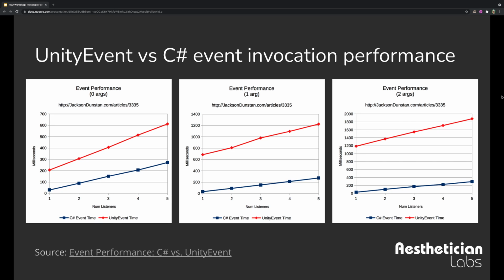But you can see it scales linearly with the number of listeners and also somewhat with the number of arguments, right? But the point here is that the Unity events do take longer to invoke, but again, this is across millions of calls. The amount of cost in one frame for a game in a real application is basically none. The difference is so negligible, the size difference, or the marginal difference here.